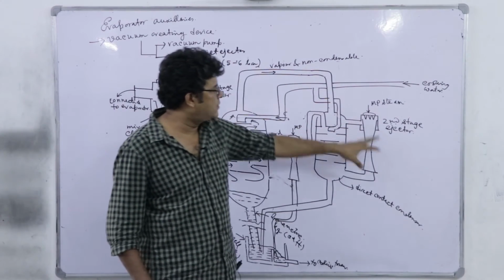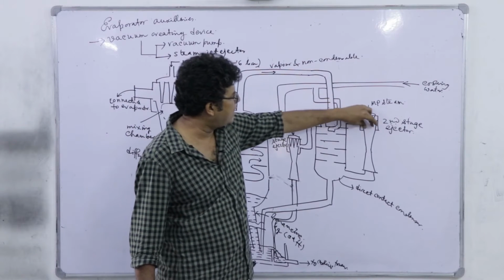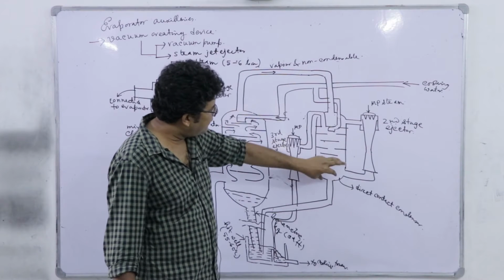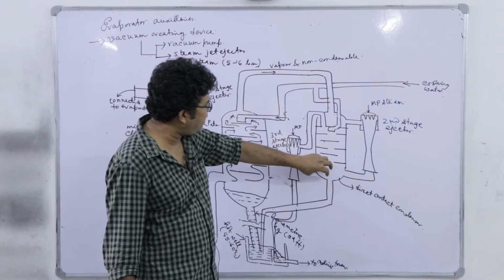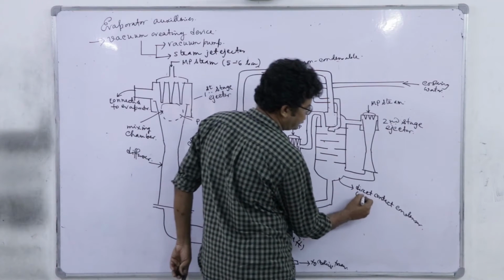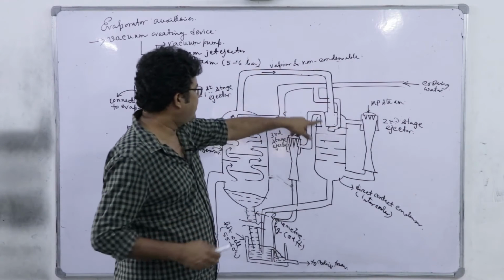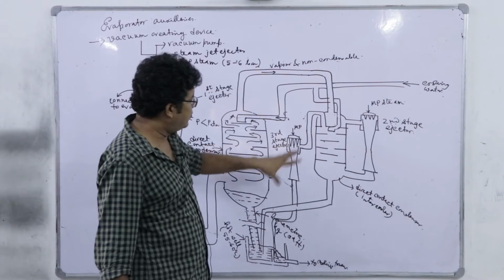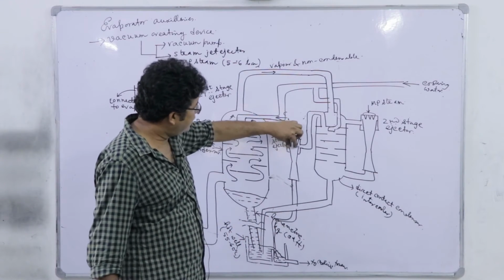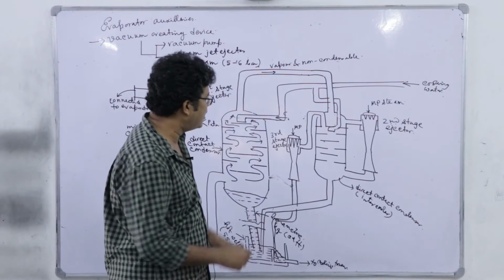And the next stages are all identical. From this first direct contact condenser, it goes to the second steam jet ejector, where again the vacuum is intensified and the vapor and non-condensable is being fed to this second direct contact condenser, or alternatively called intercooler, right. From that it enters into the third stage. Now, we cannot go on maintaining the first, second, third direct contact condenser. So, from the small steam jet ejector itself, it is being fed into the second chamber of the hot well,